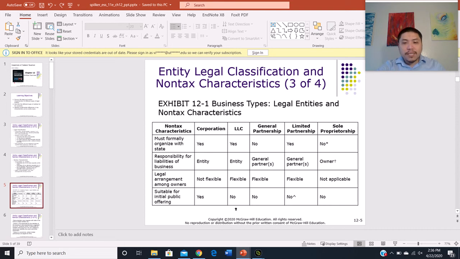And another point I want to mention is the relevance of the initial public offering, the IPO, right? What if the business owner now becomes very successful and wants to bring the business to the public, make it a publicly traded entity? Which type of entity is the most suitable for doing such a thing? The corporation is going to be the type that is the most suitable for initial public offerings, right? Because